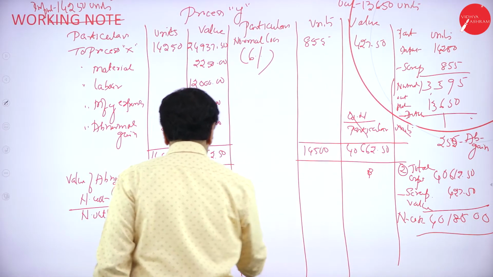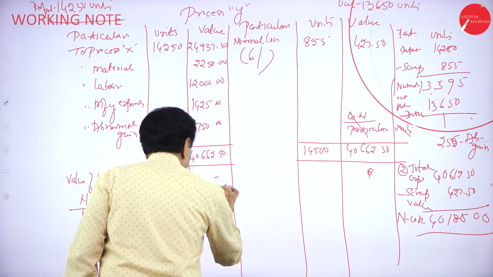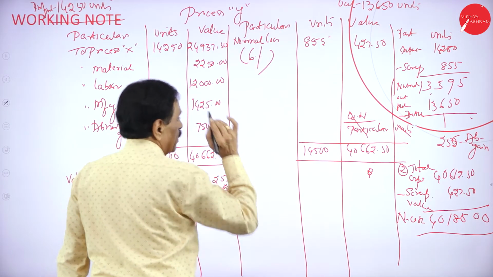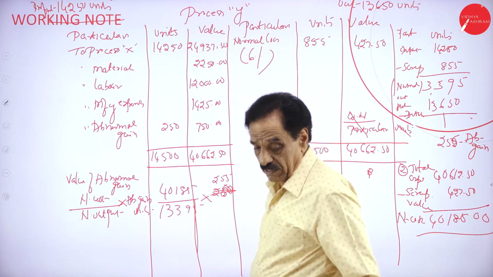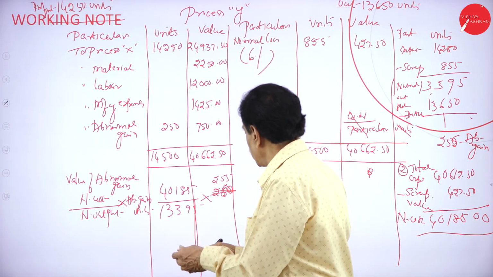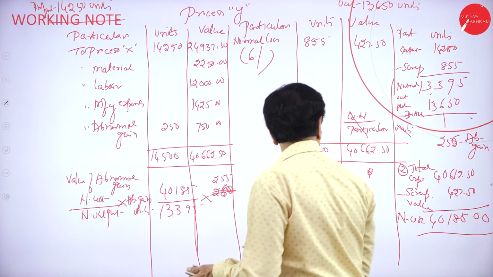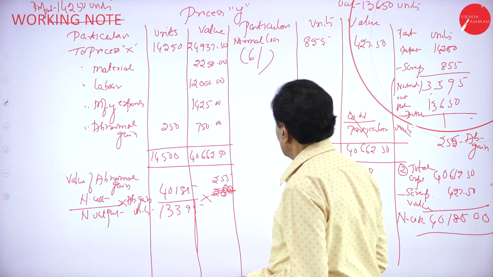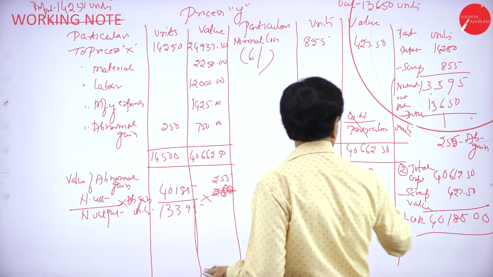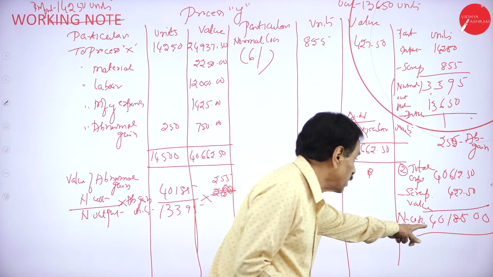255 units. It comes here. 255 units abnormal gain. Then the value will be normal cost. Your normal cost is total expenses. Normal cost here, total expense. Normal cost